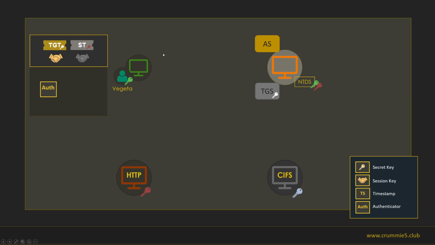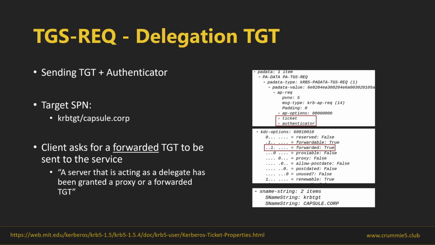In order to do that, he will once again create an authenticator with the session key of the TGT, and he will send another TGS request with the authenticator, the TGT, and the krbtgt SPN in this case. So this is like a follow-up request from the client that the KDC is expecting.